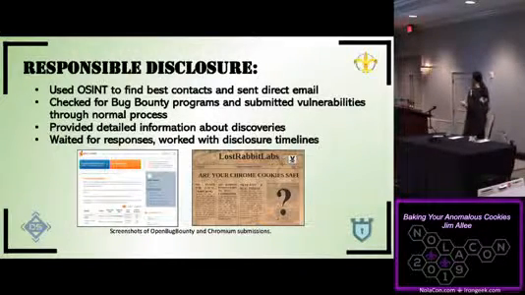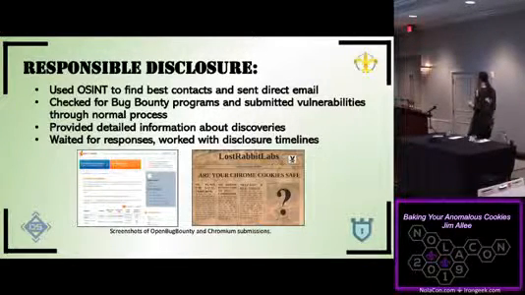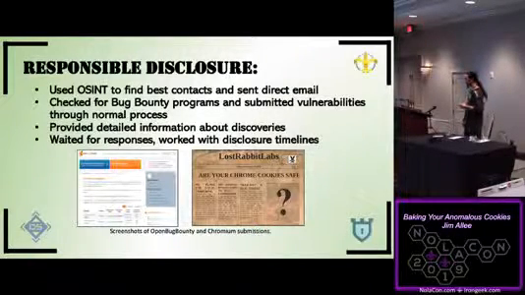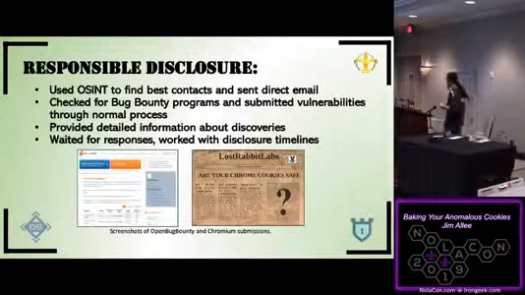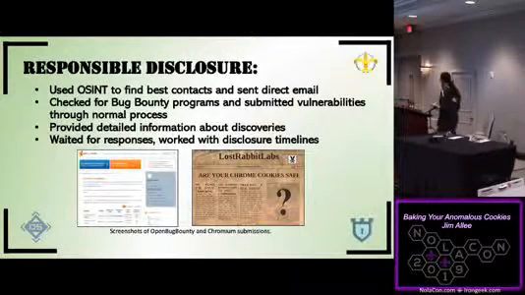So I went down this path of responsible disclosure, and this is the way I normally do it. I use OSINT or just Google, find the best contact, and I usually will reach out directly to who I feel is the appropriate person. And that's just from experience and working in this industry for 25 plus years. So far I've been pretty lucky with hitting the right folks with that. So I sent out an email directly to the companies, and then I also went and looked for the bug bounties that were behind these. I ended up finding OpenBugBounty here and submitting my vulnerabilities with them.